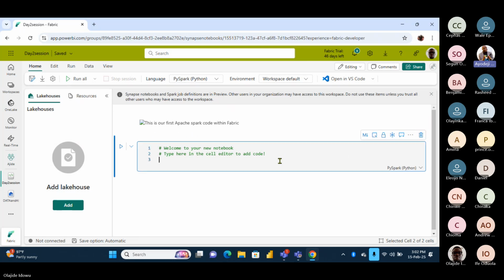So let's start. The comment, the hash with what you have there, is just a comment. So I want to do some work. Now, I want to create a small data frame.